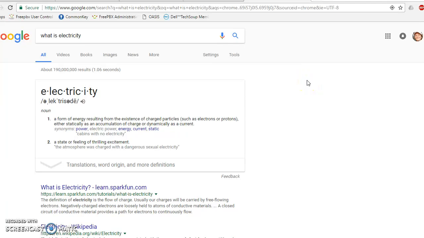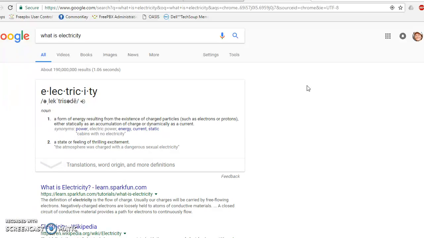Have you ever asked yourself what electricity is? Electricity is the thing that all these computers and phones and everything run on. So, what is electricity? You may have never even studied it or looked at it in high school or grammar